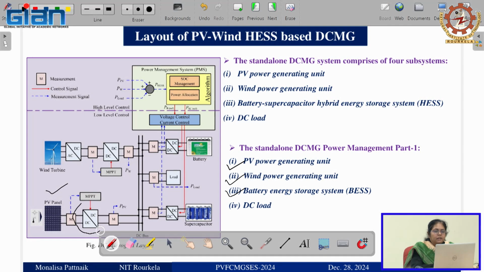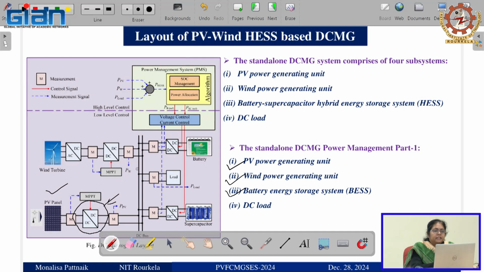Here we have this DC to DC converter. What is the need of it, what is it serving? It has to extract maximum power from the available solar power. So what this DC to DC converter should be is also a part of the design. Yesterday also I told you, this can be a buck converter, boost converter, or SEPIC converter, depending on the voltage level and power level you are going to handle, and for what application. So first I will show the system with different types of converters also.